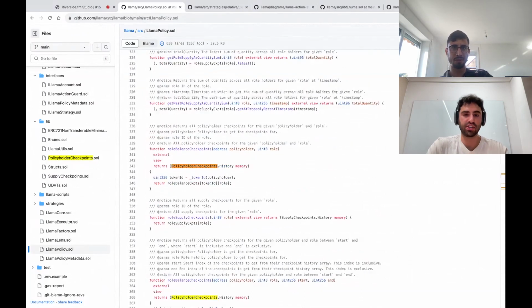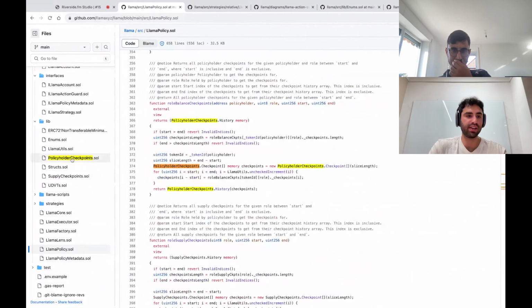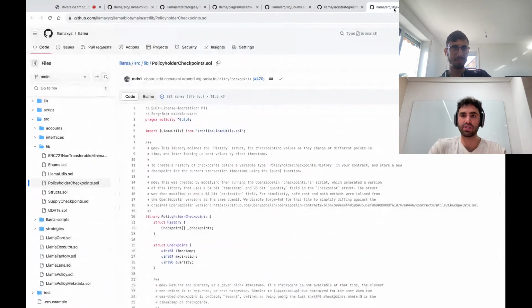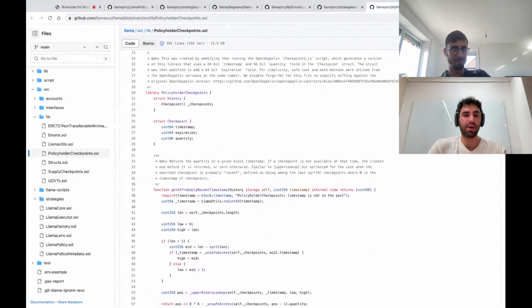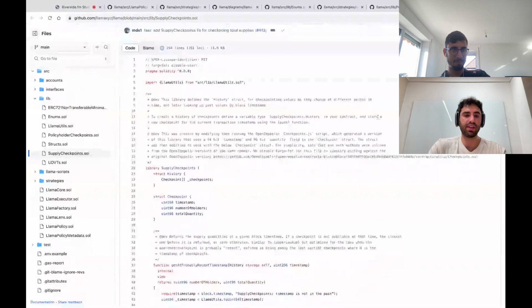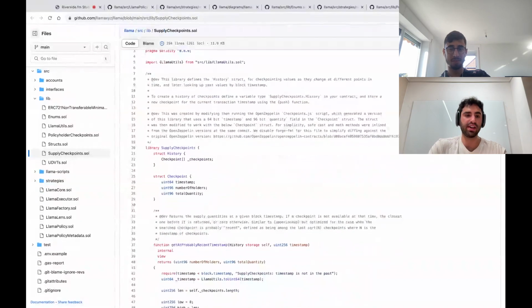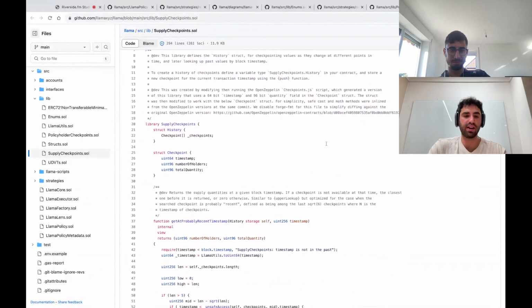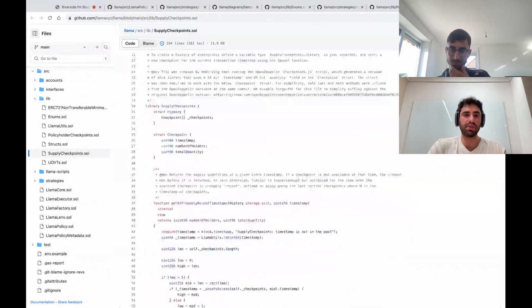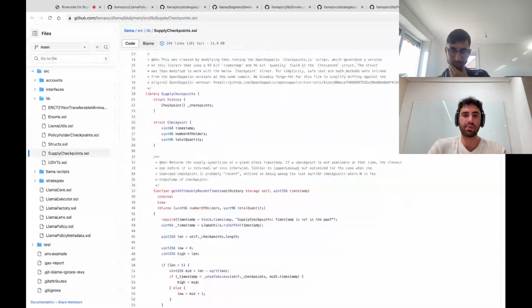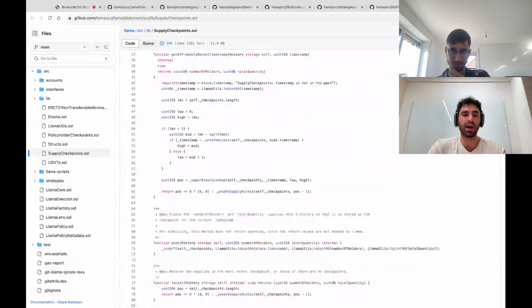I just wanted to show that checkpointing system. We have these two checkpoints, and then I would love to talk more about where we're at. We have this policyholder checkpoint, and you can think of the other as a role supply checkpoint. It's adapted from OpenZeppelin's checkpoint library and is pretty lightly modified.